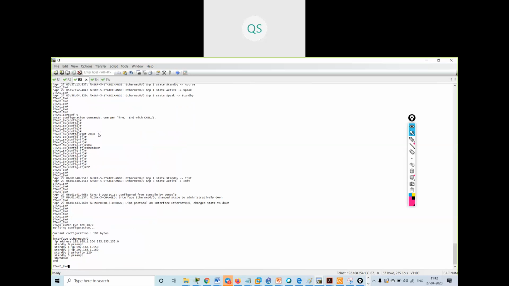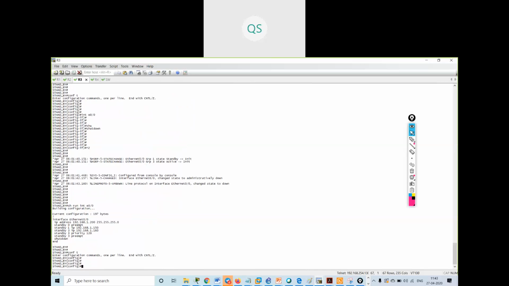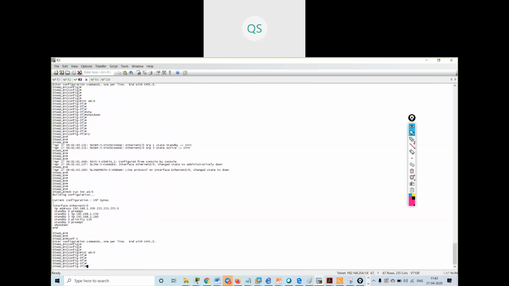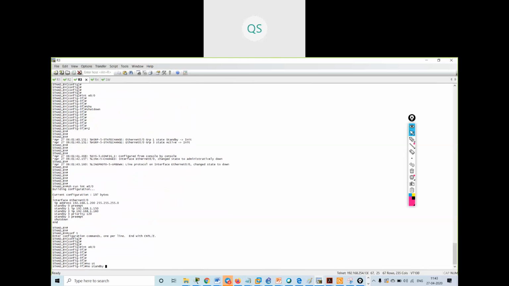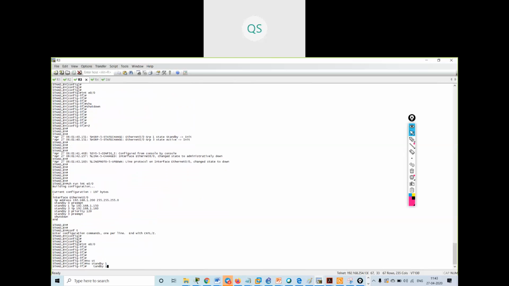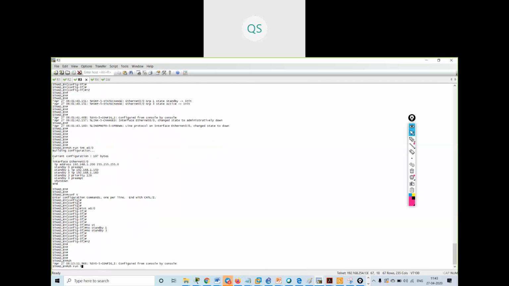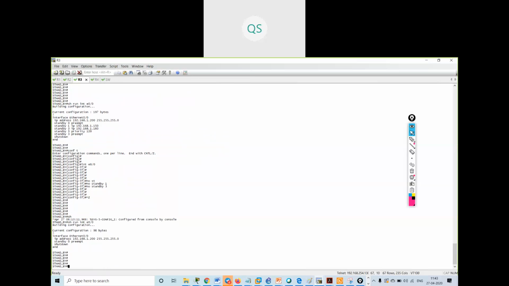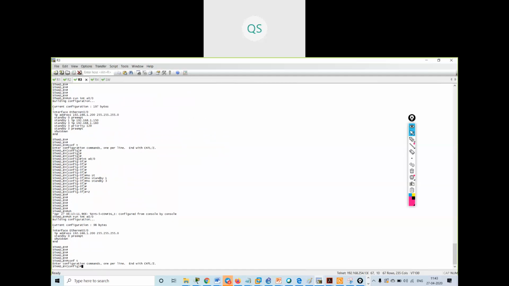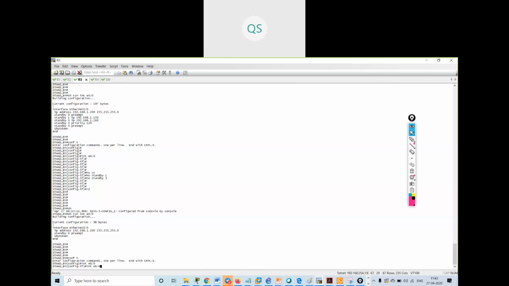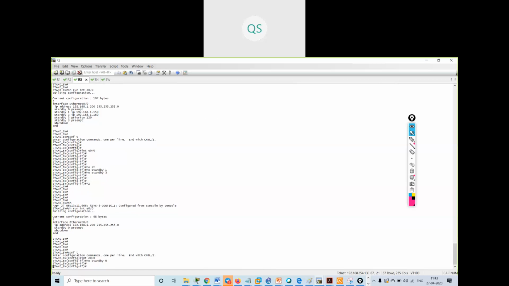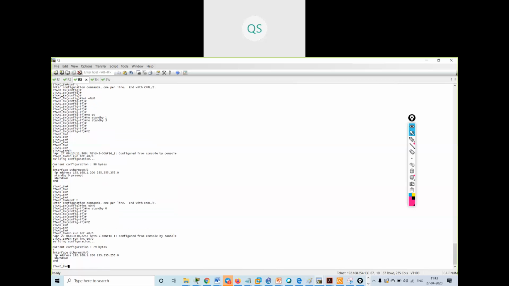Then show run interface E0/0. Config terminal, interface, no standby 0, show run interface.